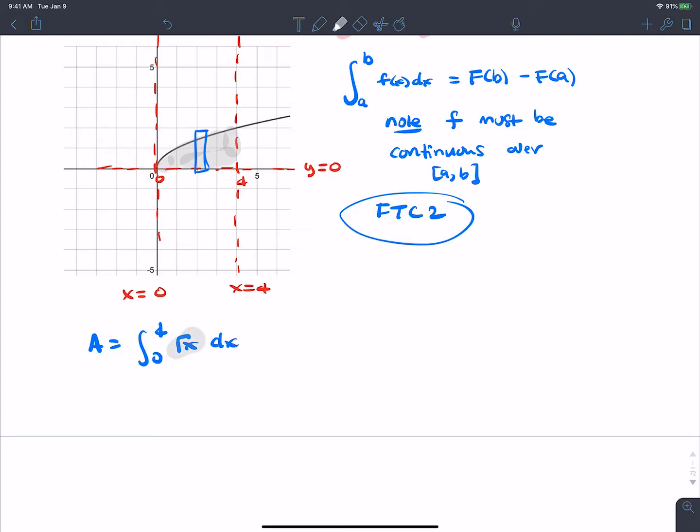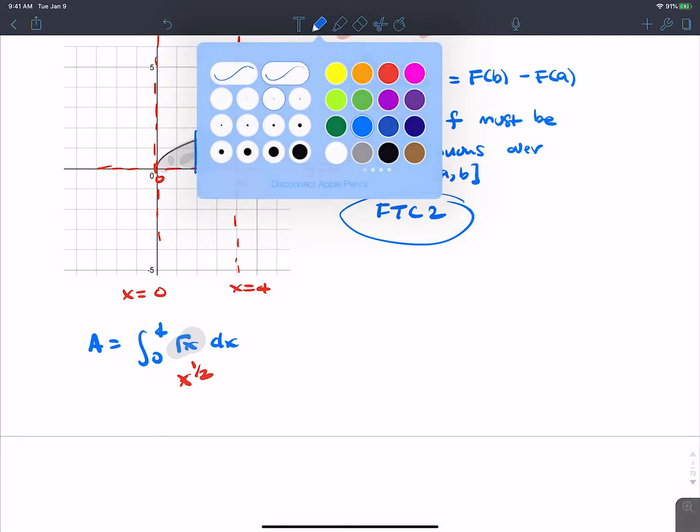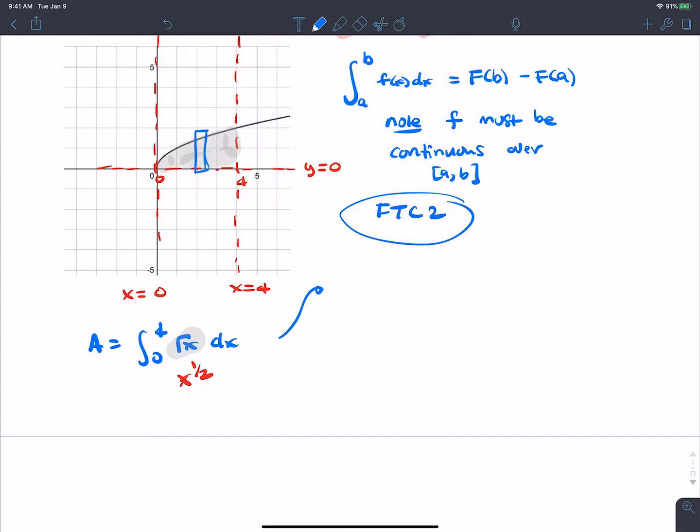So doing the homework this weekend, what do you guys remember? What is that actually going to equal? Or what should we replace this with? Yep, x to the 1/2. Is that right? Okay, good. And so if this is x to the 1/2, that means our area is going to be this integral. And so what do you guys use now? You guys remember? What do you use over here? Yep, you see that function? We're going to use the power rule. So by the power rule now,